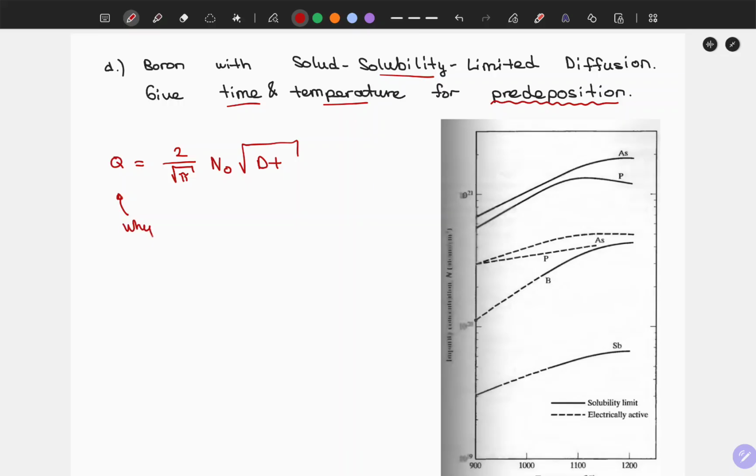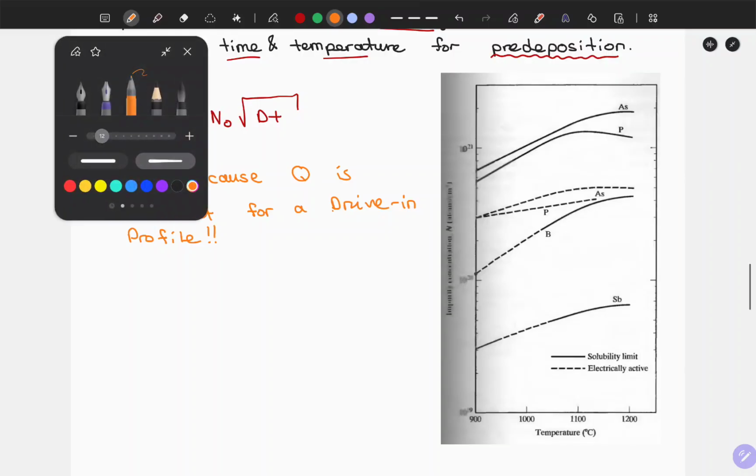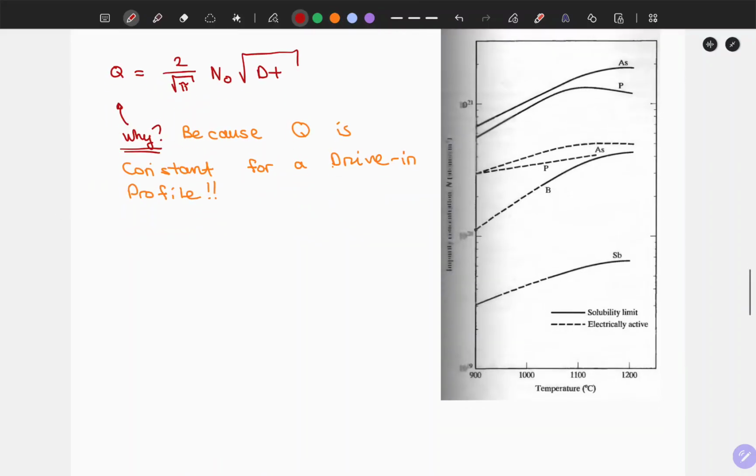Why can we reuse Q? Because Q is constant for a drive-in profile. You're not adding any dose, right? So the Q we have here can be used. We do actually know it. So we solve for D again, as we did earlier,